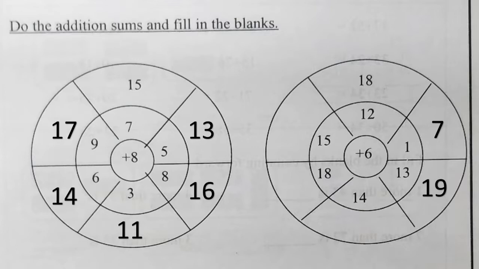Keep the bigger number, that is 14, in your mind, 6 on your fingers, and let's count forward. So 14 plus 6 is, yes, 20. Now let's add 18 plus 6, which is 24. Correct. Now we'll go to the last one. We'll add 15 plus 6, which is 21. Very good, children.